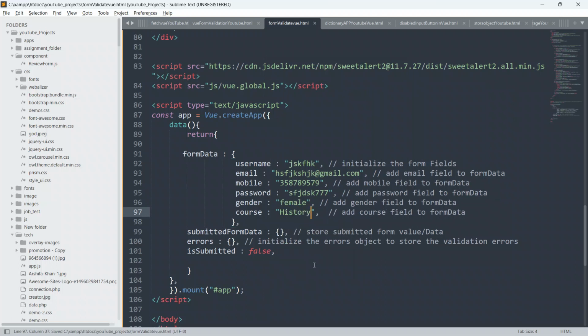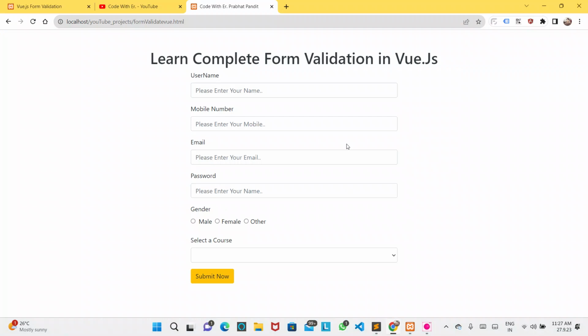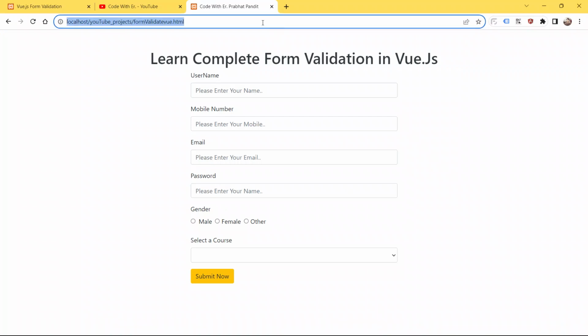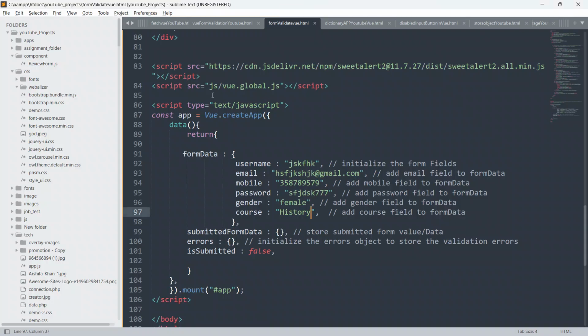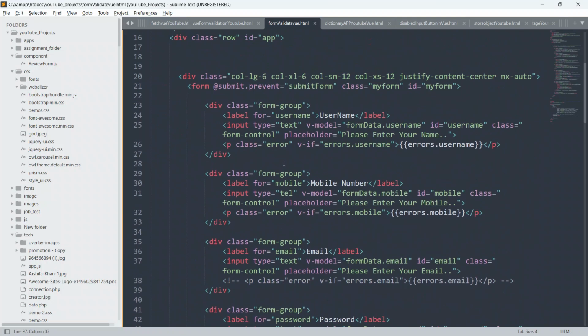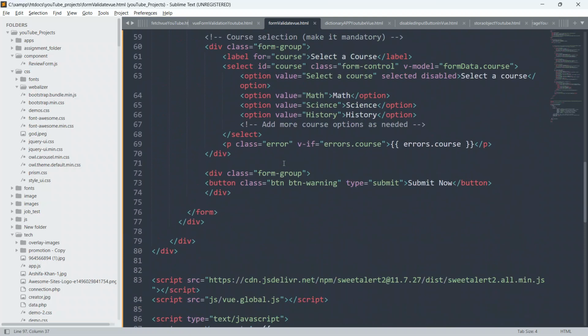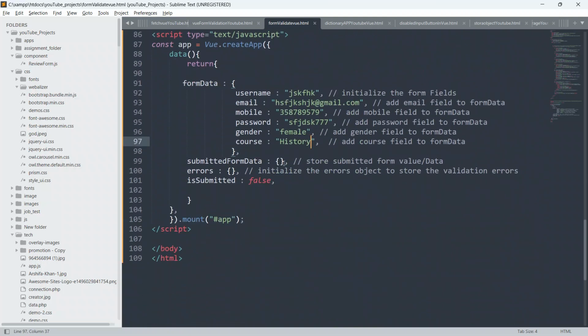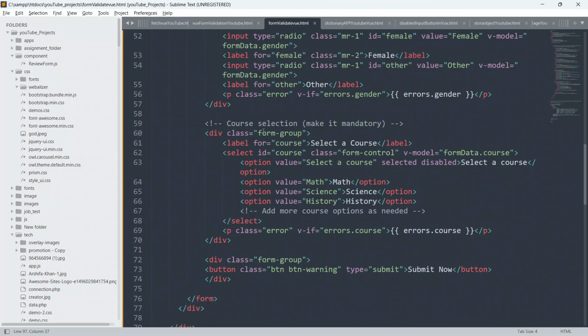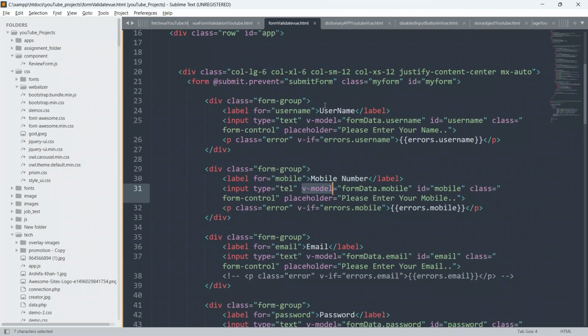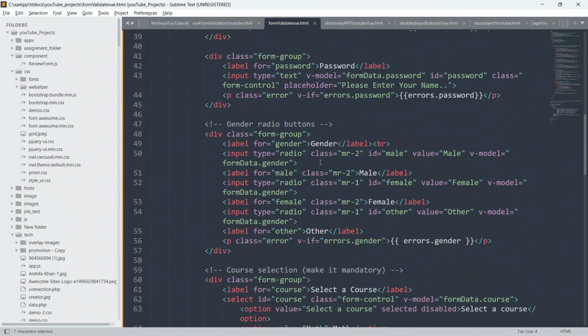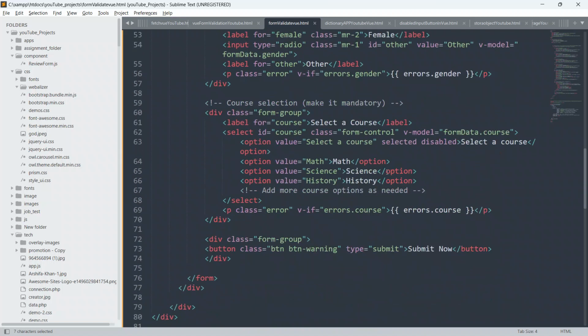So guys, now save your code, go to the browser and refresh your page, and see the magic. See, boom, our form fields have been pre-filled. Because all the radio buttons and checkboxes are bound in the two-way method by using this v-model.